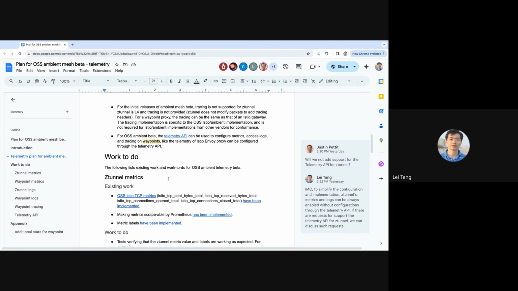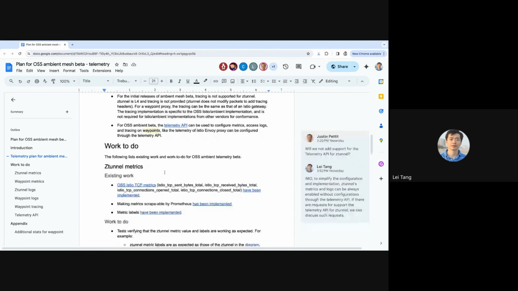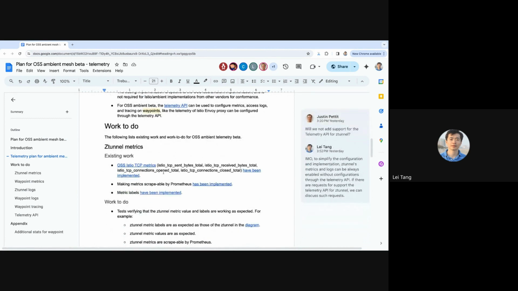Next section is about the work to do. For Z-tunnel metrics, there's a bunch of existing work. For example, the current Z-tunnel implementation implemented OSS Istio TCP metrics, and these metrics have already been implemented in a way that can support Prometheus scraping.